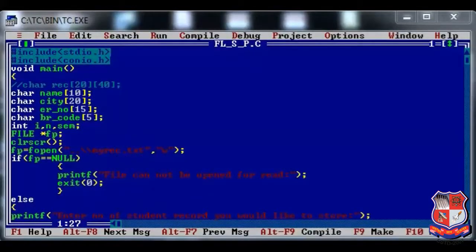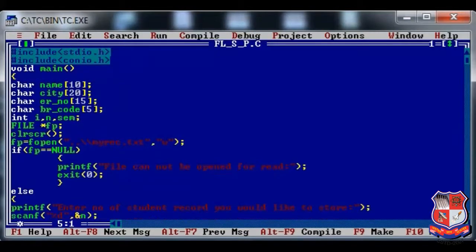So let us try to understand the fscanf function and the fprintf function. We have already explained string related similar functions in my earlier video lectures. The same thing I am going to use over here.